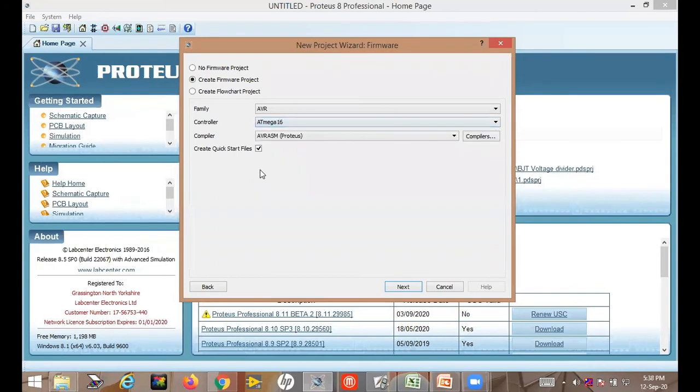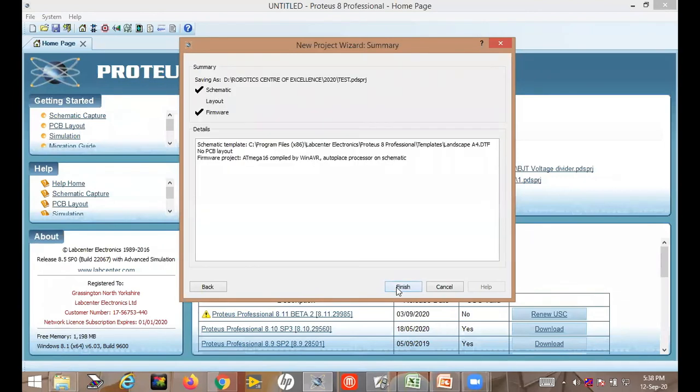From Bhubaneswar you can purchase it from an electronic shop. So this is the microcontroller, and for this microcontroller, in which platform are you going to write the program? These are the three platforms it is showing. This is WinAVR. That's why I am telling you to install WinAVR. If you have installed WinAVR, then only it will appear here. This is the platform, the compiler actually. So you select AVR, then which microcontroller, then which platform and compiler. Then next, this is the summary of what you have selected so far, schematic and the firmware project. Then finish.